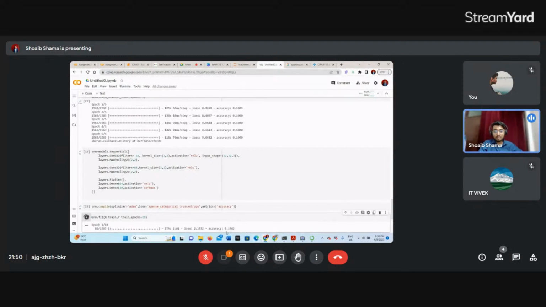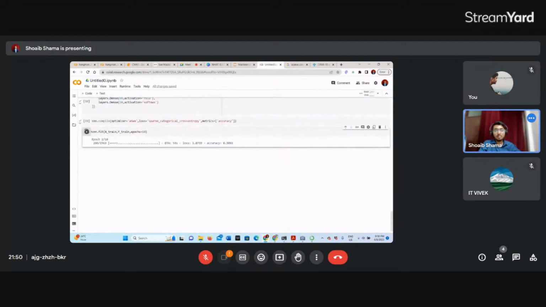Just see the accuracy in the first epoch only. In our first epoch we get accuracy of around 40, I guess. So this is a huge number, na? Let's see how much it ends at.